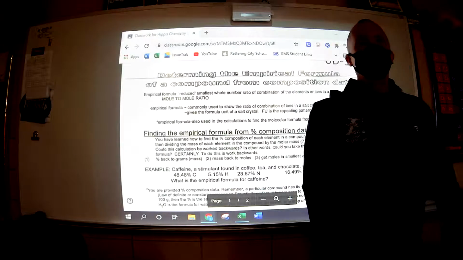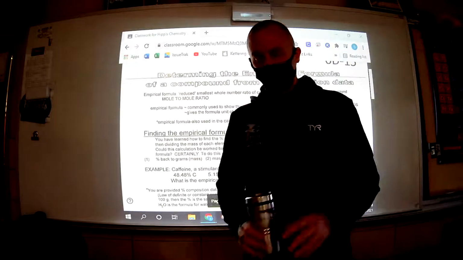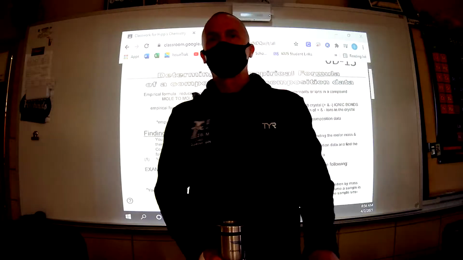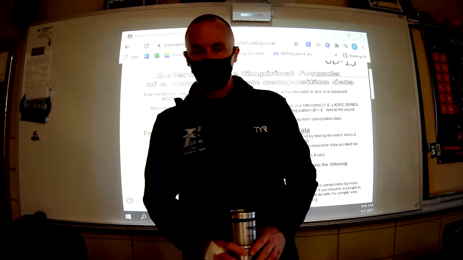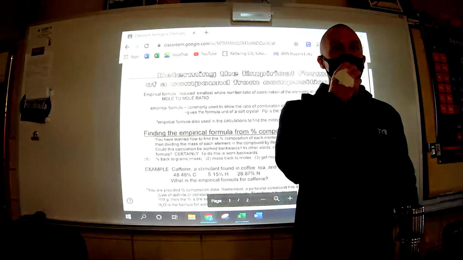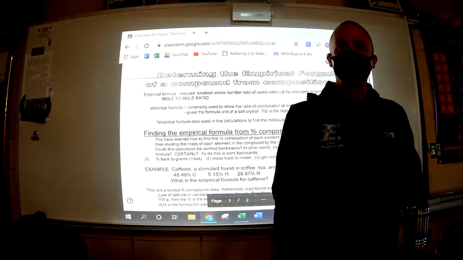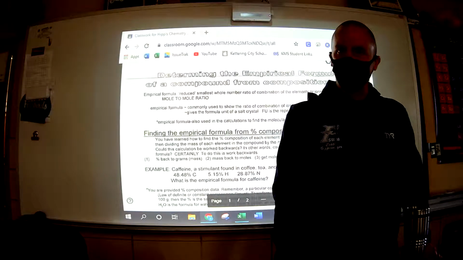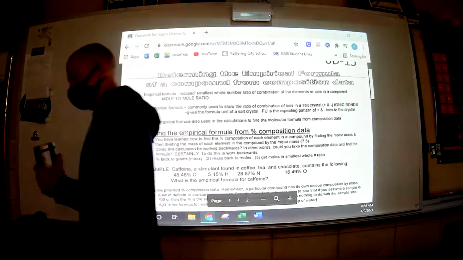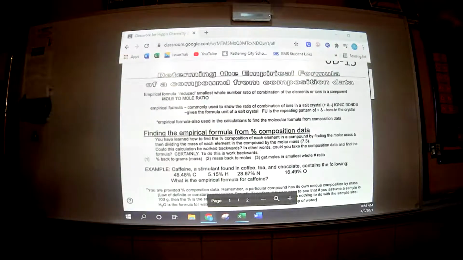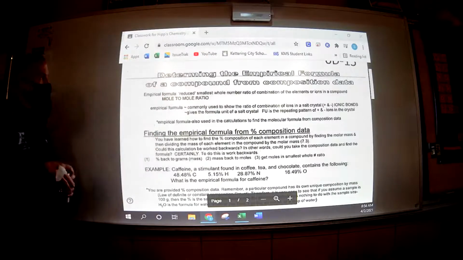The last couple days, we've been working on adding up formula mass or the molar mass of compounds. In a sense, we're doing a similar problem, but we're working it backwards. We have posted notes on determining the empirical formula of a compound from percent composition